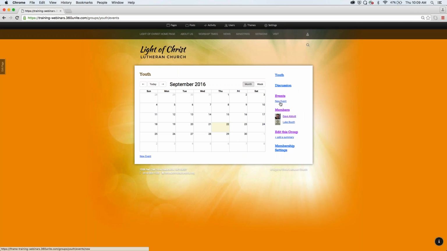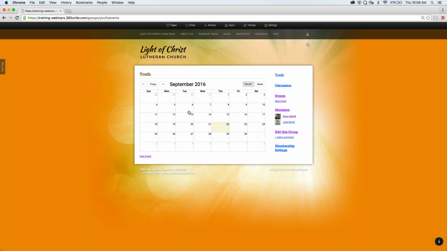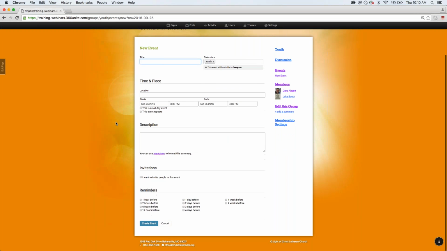Adding events is pretty easy. You can either click New Event and this window will pop up, or you could go to the calendar and select the date you want to add an event on. For instance, if you have a youth event on this coming Sunday, you can just click on that date and the same thing will pop up. You can add a title to the event. You can add it to a different calendar if you'd like,